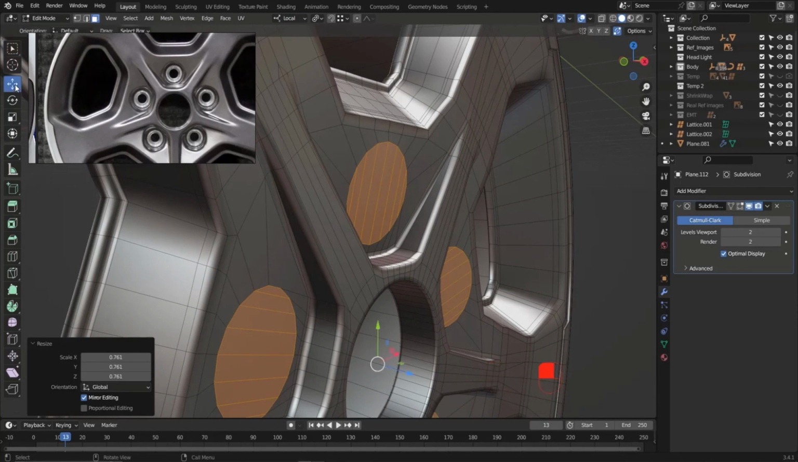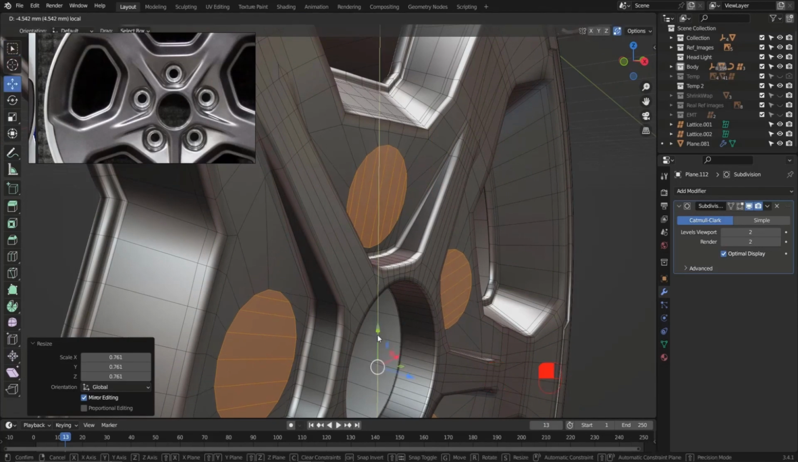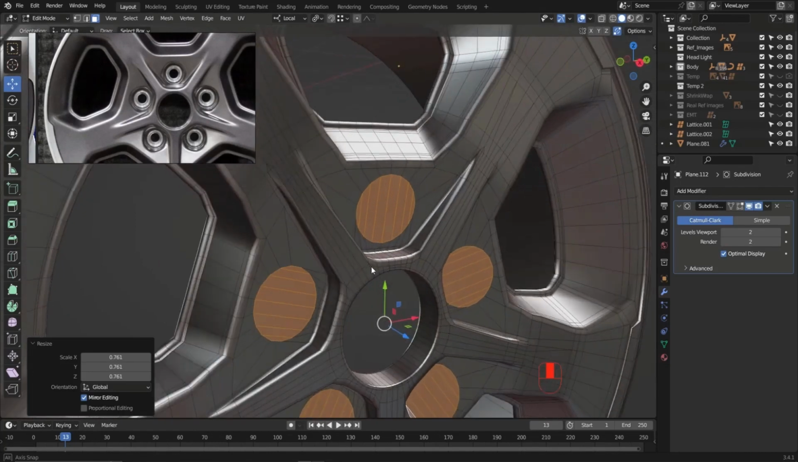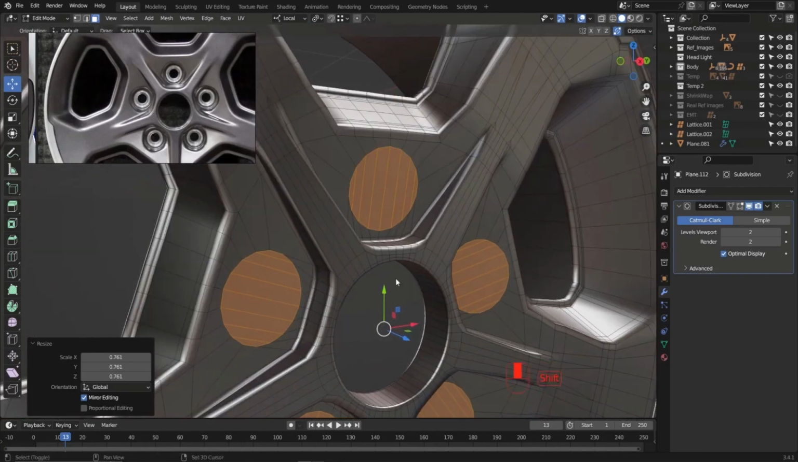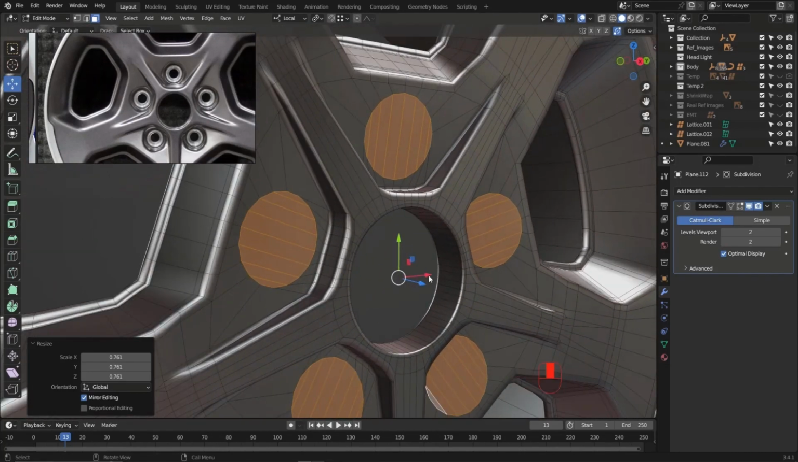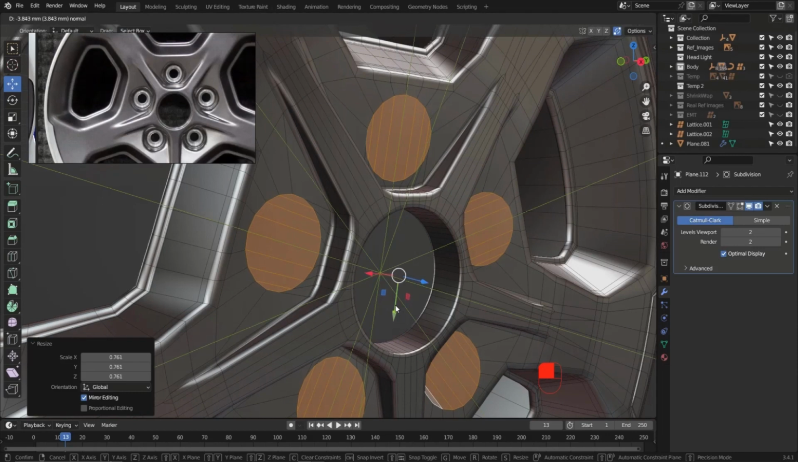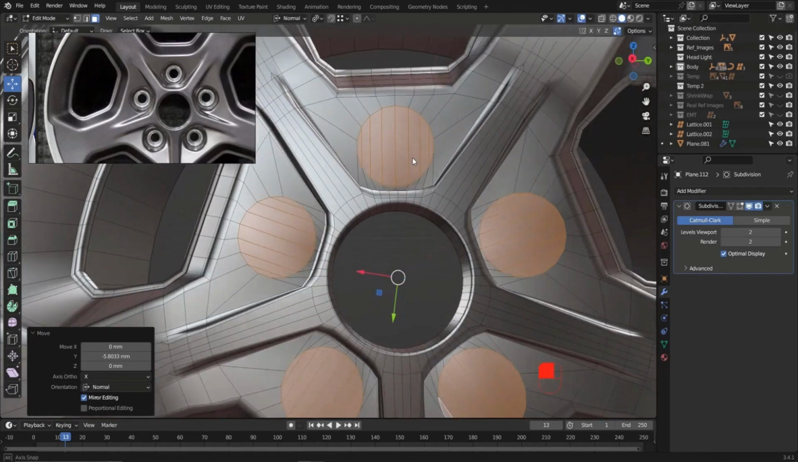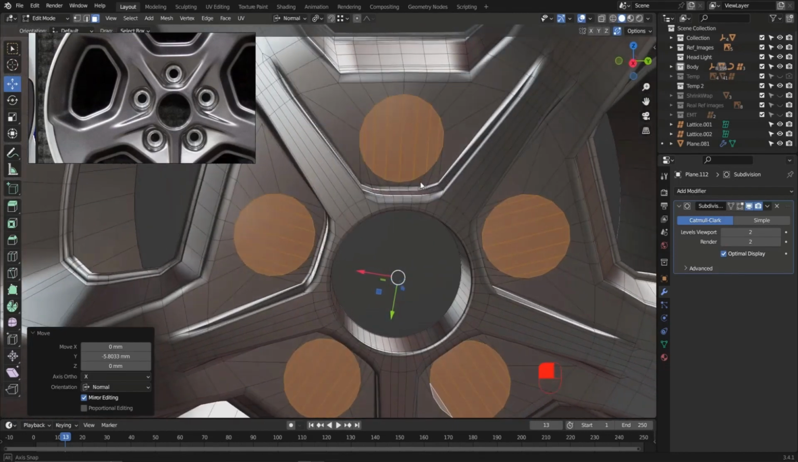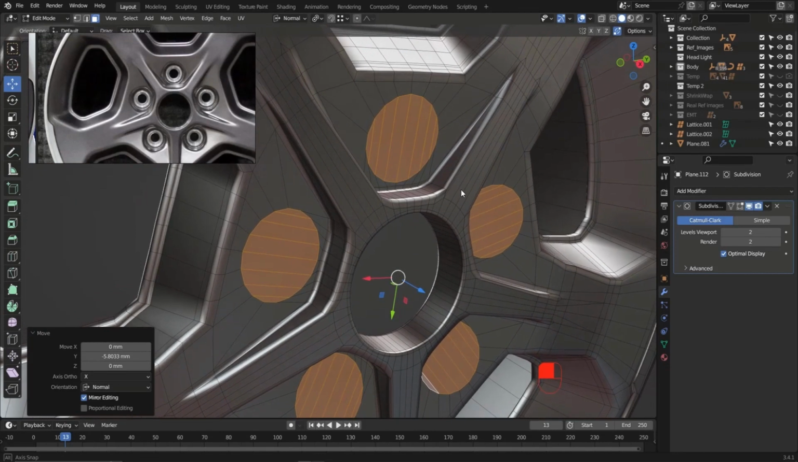I will activate again the gizmo and take these, and now they should be moved to the center. All right, let's do that again. Sorry, not local. We should choose the normal. And now, as you can see, now you can move them a little bit. Now we got this result. The result is very nice. All right, now we can